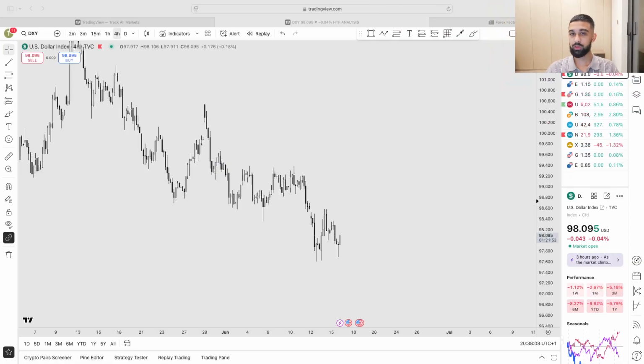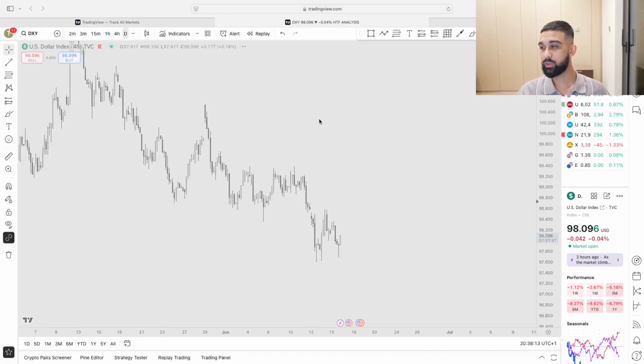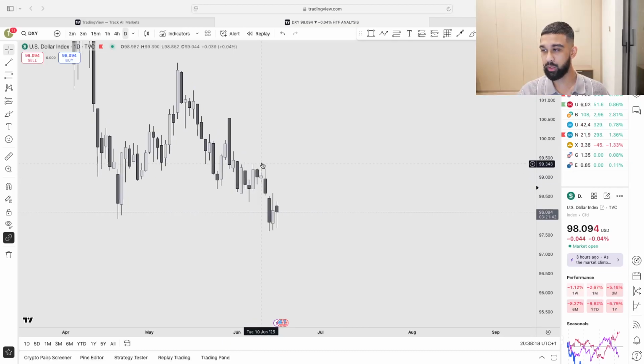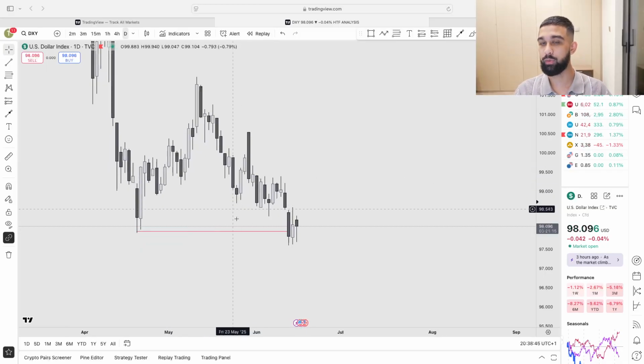So starting off with the DXY, obviously we have targets from last week that were all hit. We started last week looking at potentially DXY buys. So I traded a buy towards here. Ended up that was actually then the high of the week. That was pretty much made obvious to us on the release of FOMC on Wednesday, which is then when we said, okay, for the rest of the week we want lower targets towards objective 2. So from here we were looking at bearish price, and then towards the end of the week we traded towards lower price, and that's when we stopped trading for last week. So all objectives in the end were eventually hit.